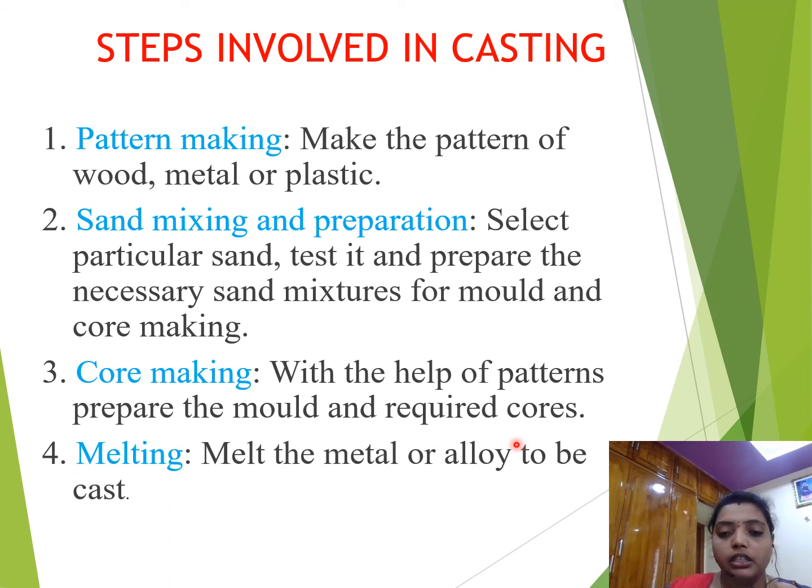Now it will enter into the manufacturing process. In industry, first of all they will melt. The melting process means melting the metal or alloy to be cast. Whatever object we want to cast, that is melted. A combination of two metals is known as an alloy. It may be a metal or a combination, an alloy. Metals are taken and those raw materials are melted by using the melting process.